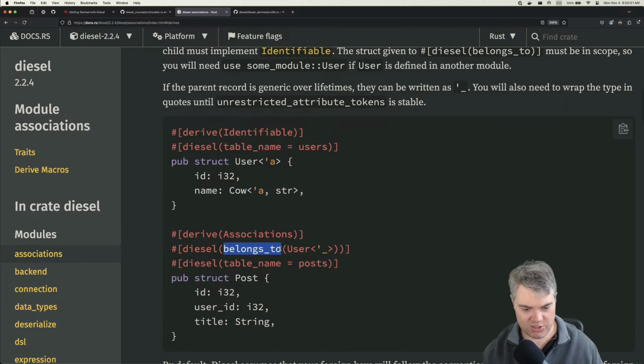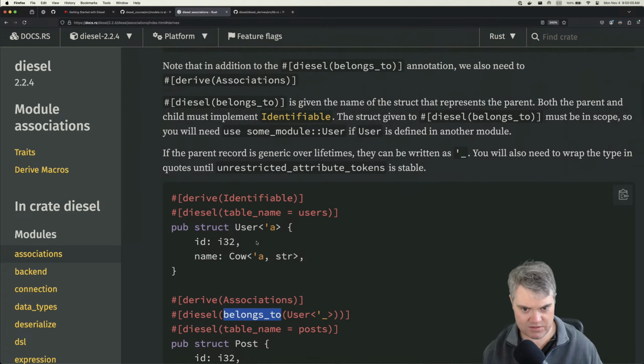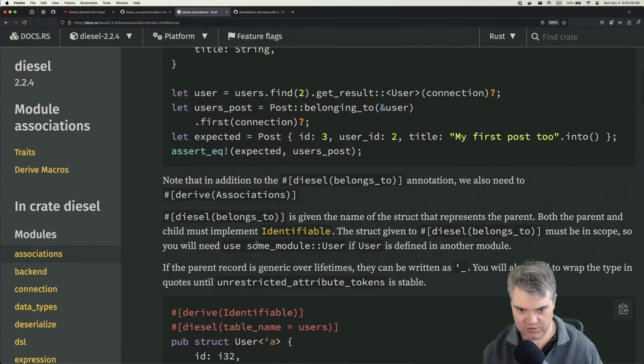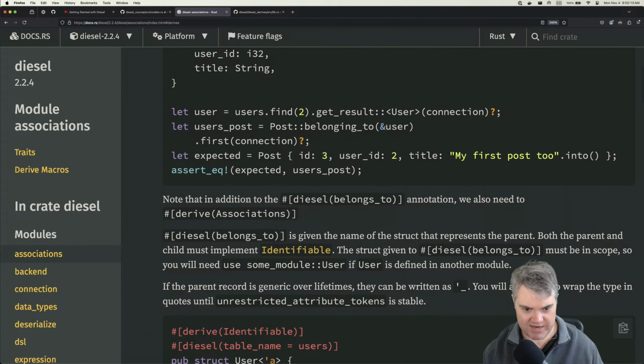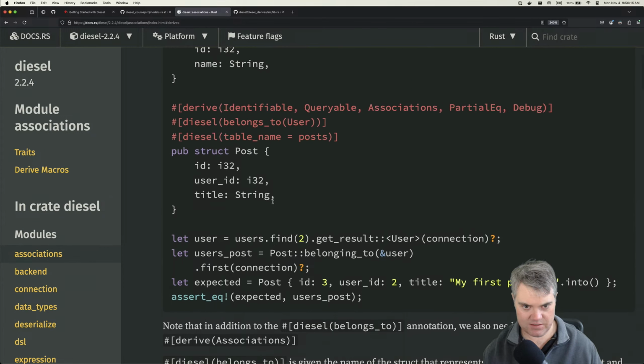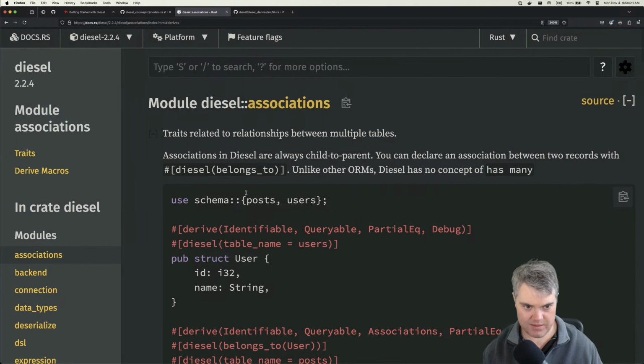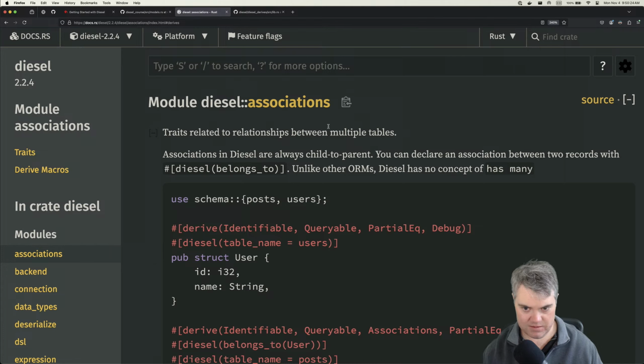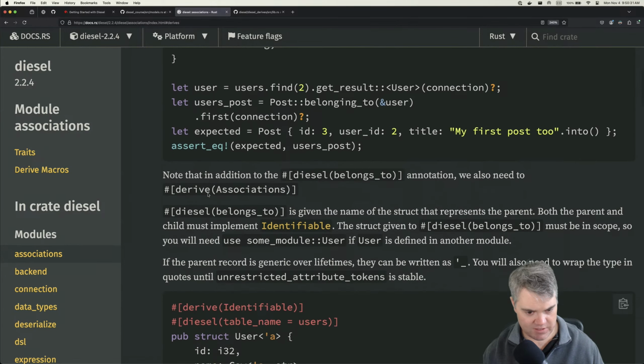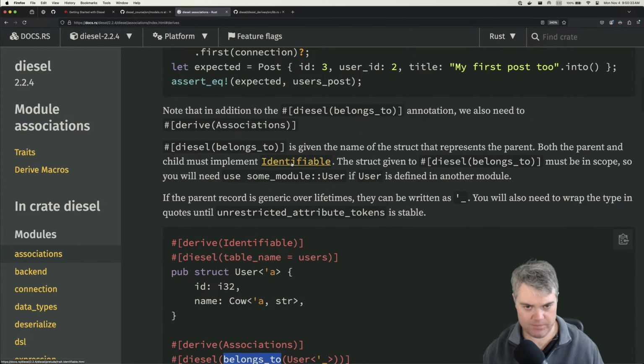Oh, because belongs to is, yeah, we're gonna have to do that soon too. Note that in addition to the belongs to annotation, we also need to derive associations. Right. Yeah, because okay, yeah. Oh, this is just relationships between multiple tables. So identifiable is from